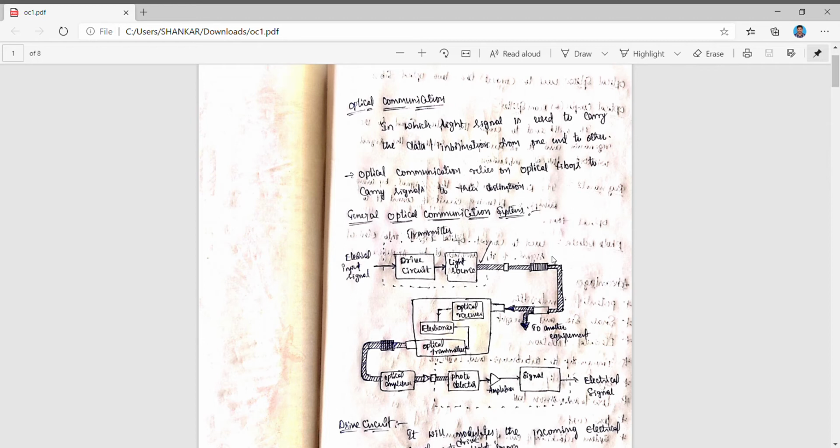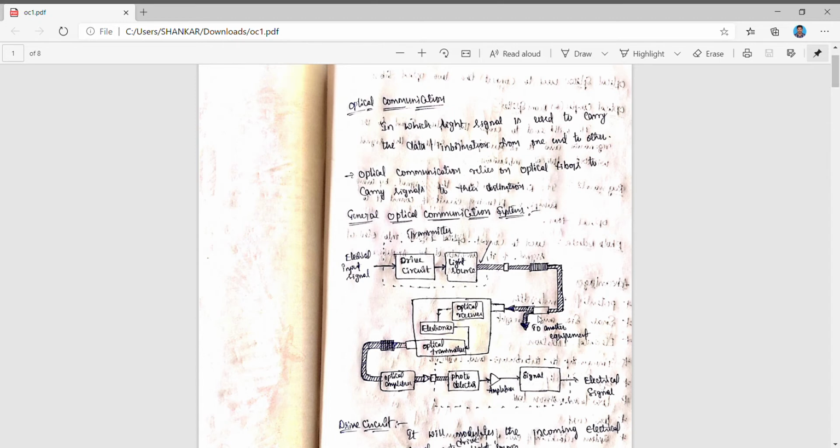So what do we do in welding? We attach two metals, like irons. Here we are using the optical splicer to connect or attach two optical fiber cables. Coming to this point, this is represented as the optical coupler and optical splitter. The optical coupler couples the optical fiber cable with the optical receiver system, and the optical splitter splits whatever signal we have received into more than two signals.